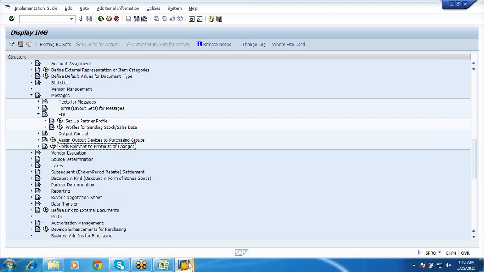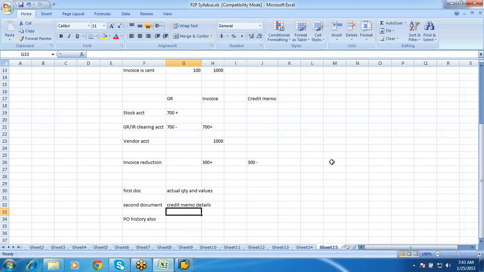So now, Chandra, I heard about two-way and three-way invoice verification. Can we do that in SAP, or how do we do it? What does that mean, two-way and three-way? The one thing I showed you is for the duplicate invoice check, the 3-point check. That's different. What is the process for your two-way and three-way?